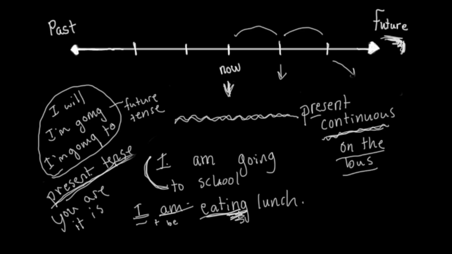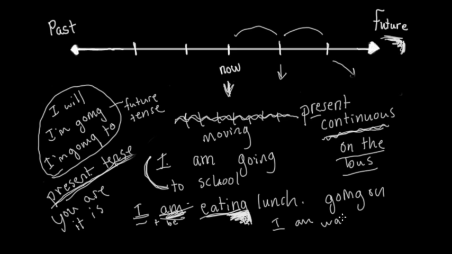Notice here we have ing, not the simple present tense, not the simple form. We must add ing. If we have am here, or is here, or are here, okay? I am eating lunch. It's going on. Something is happening. It's motion. It's moving. Okay? Continuing. I am going to school. I am walking home. Get it? So it's pretty simple,